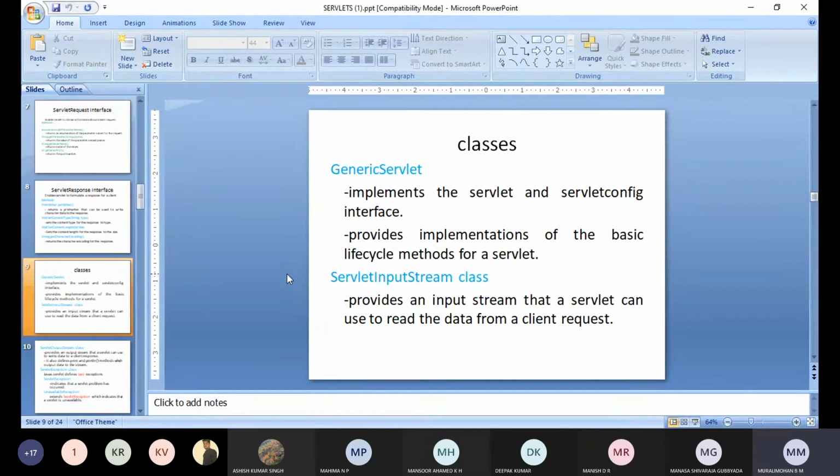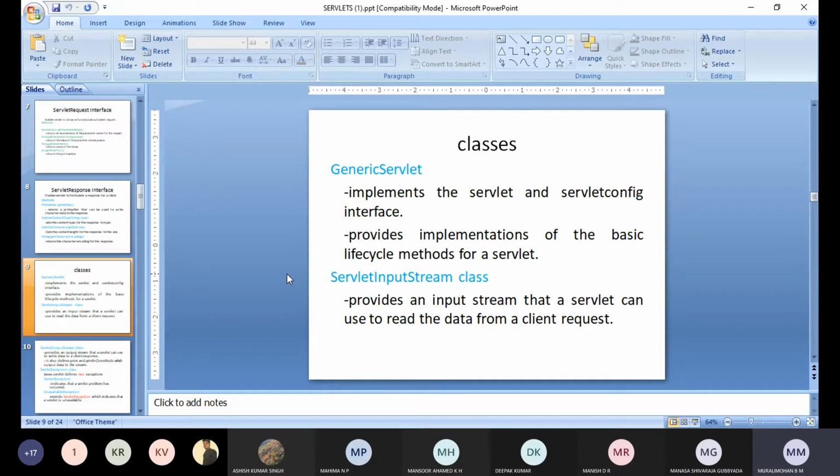All the methods are available for this GenericServlet class. This will provide the implementations of the basic lifecycle methods of a servlet. We know the basic lifecycle methods are init, service, destroy. The implementations of these basic lifecycle methods are provided by this class GenericServlet.